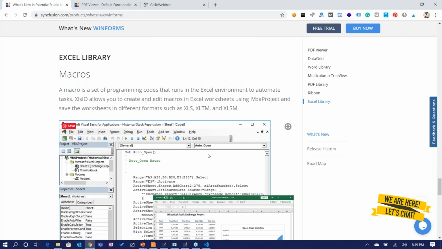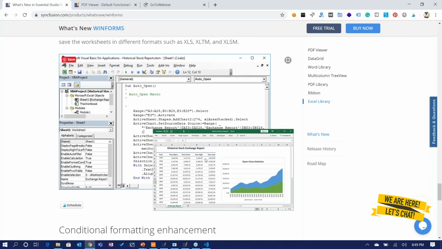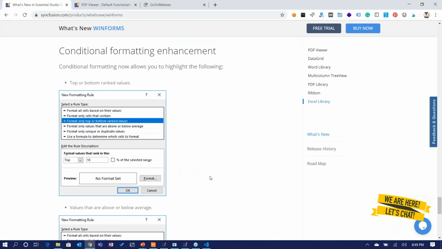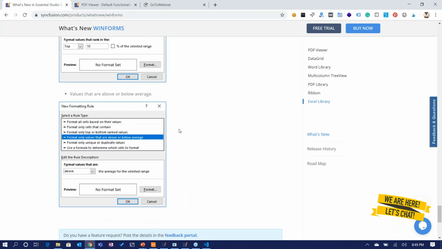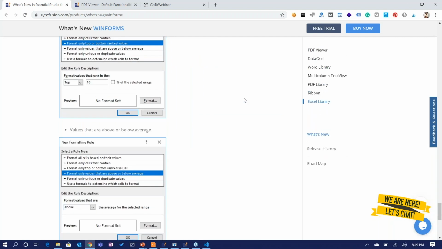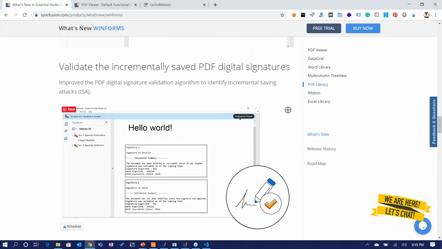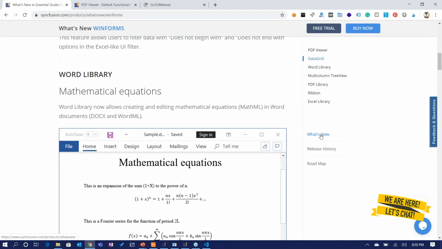For Excel library, we have macro support. Now you can have macros to add any forms to it. We have conditional formatting enhancements like format only for top or bottom. So this thing was not available before. So these are the things that are available for our Windows Forms platform. So for our WPF platform,